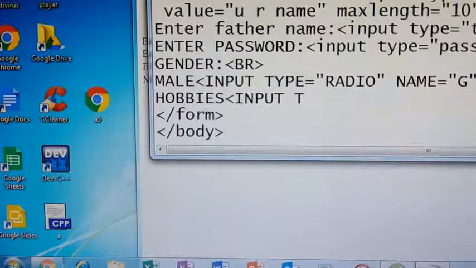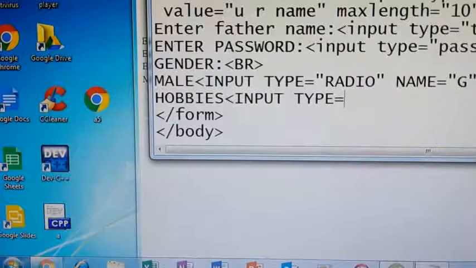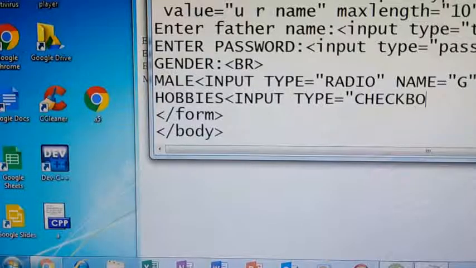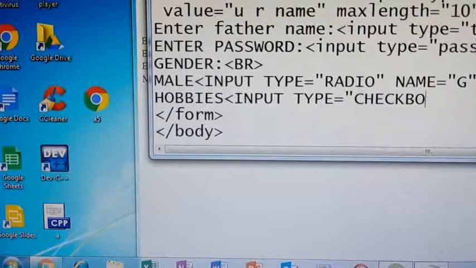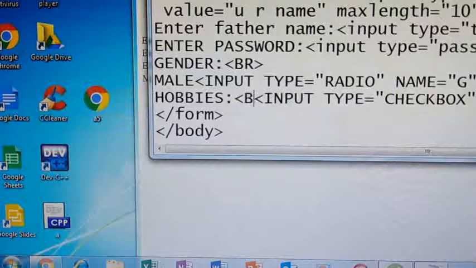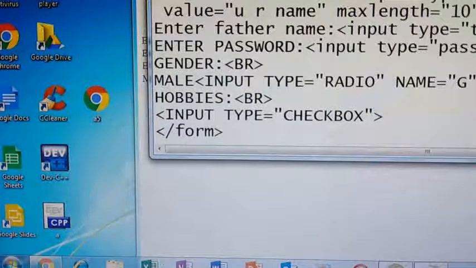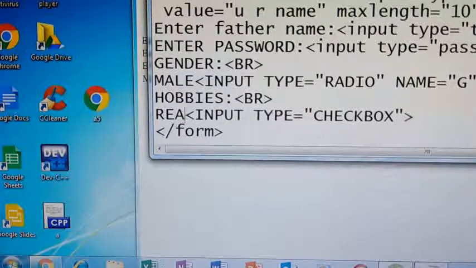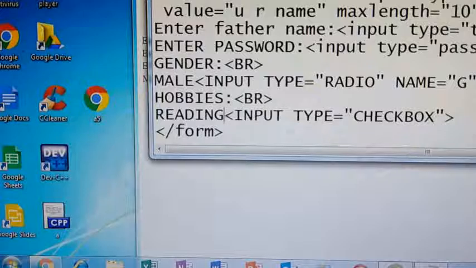Input type equals checkbox. Before that, here hobbies, I will break it. Next item, for example, reading. Next,